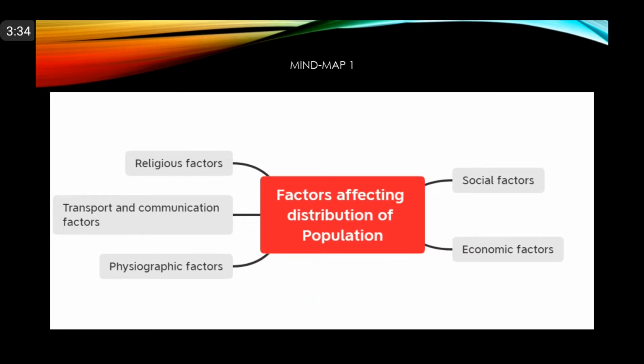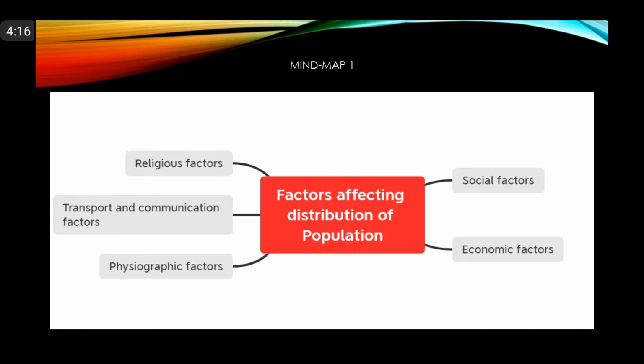Now, let us discuss physical factors. Relief, that would be one. The high relief, uneven terrain, and steep slope of land generally deter people from settling in such areas. On the other hand, the flat terrain of the plains attracts people. It is easier to build houses and develop means of transport in plain areas, and such areas are suitable for agriculture and farming also. Hence, more and more people live in the plain areas of North India and the coastal plains.